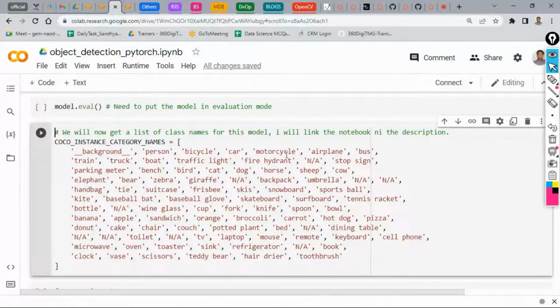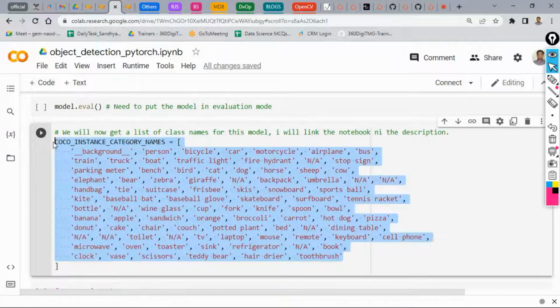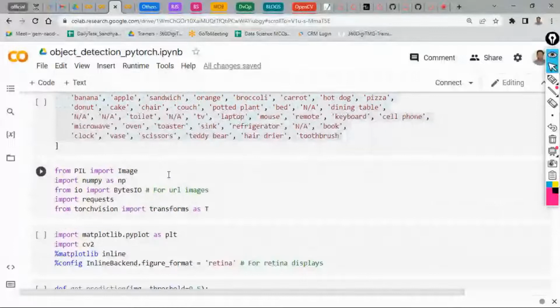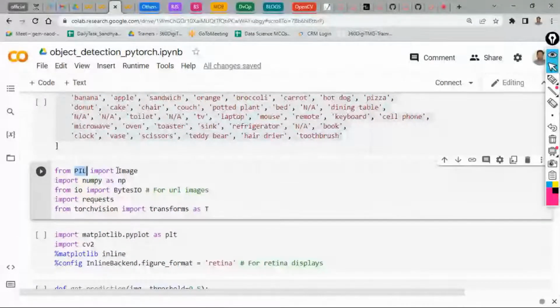Person, bicycle, car, motorcycle, aeroplane, bus, train, truck, boat, traffic light, baseball bat, gloves, skateboard, fork, knife, spoon, bowl. These are a few of the categories that we have taken, and we give some image, and it is going to learn from the features, and it needs to segregate or classify and detect what it is. If it sees a bird in the image, then it needs to give a label as bird. So for that you require PIL, that is the image library,